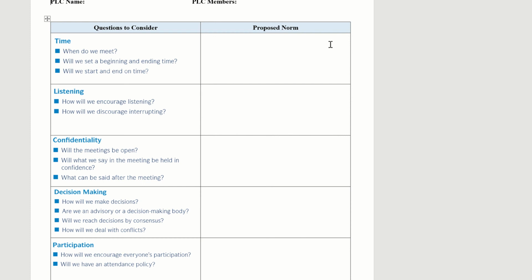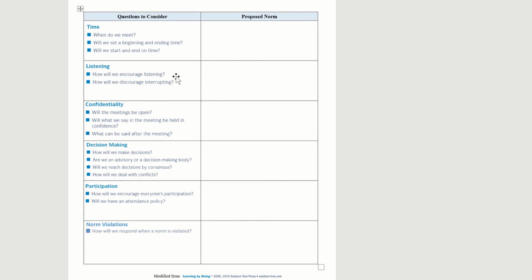Okay, so here's a template. This actually is from Solution Tree. Let me see if I can adjust this view just a little bit so you guys can see it. But there's some questions to consider and some norms that you could fill out as a team. This is not quite just from Solution Tree because I added in the last row here where it says norm